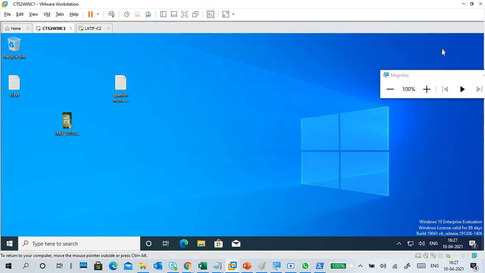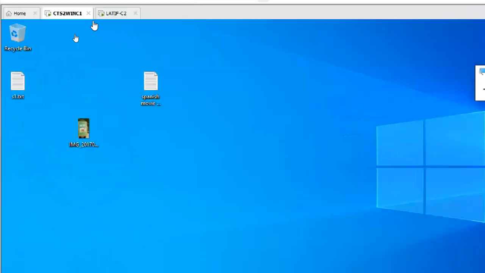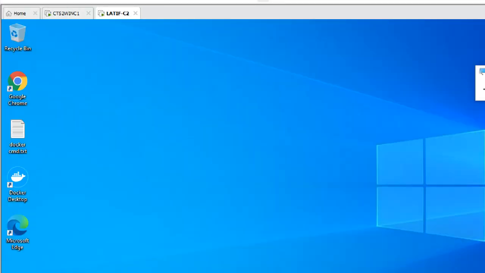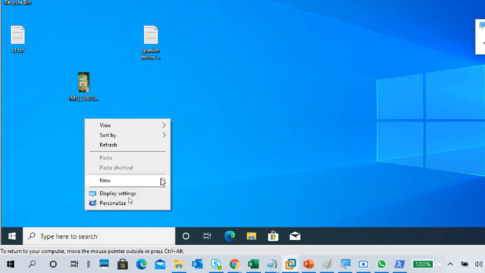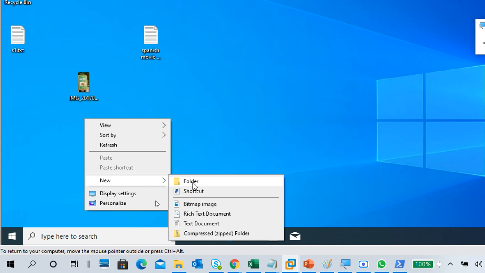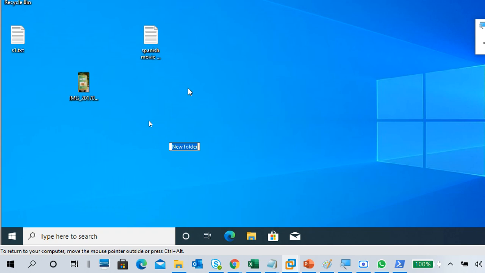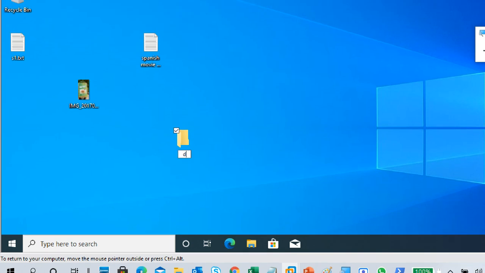So this is my network. Close it. Okay, this is my second PC. And this is my first PC. Here I'm going to create a folder on the desktop, that is enough. Otherwise you can create it in the C drive, D drive or E drive. So here I'm creating